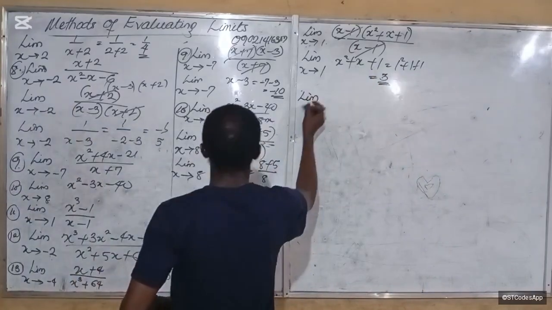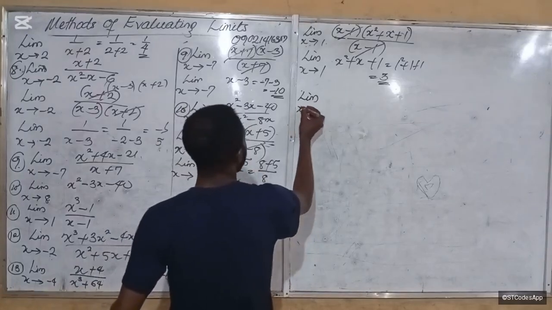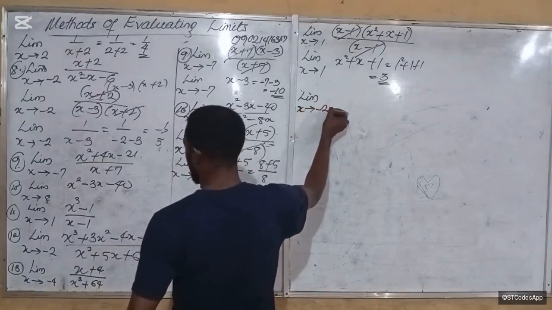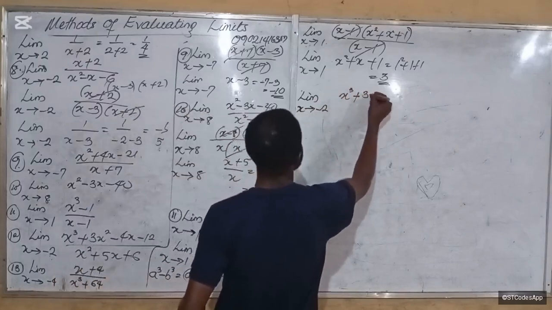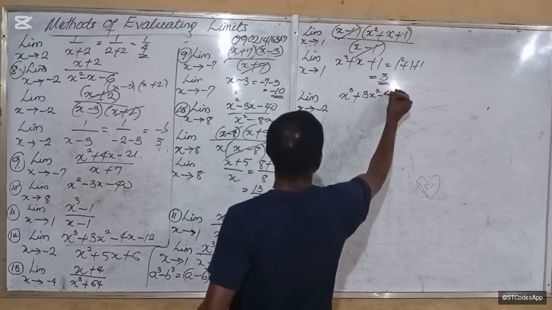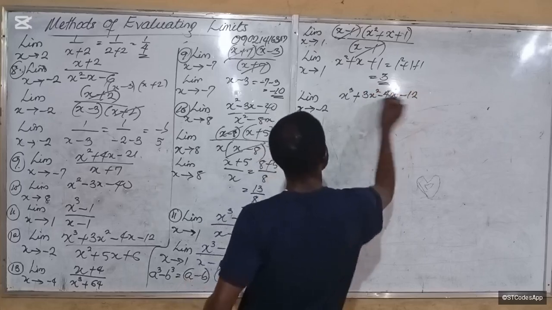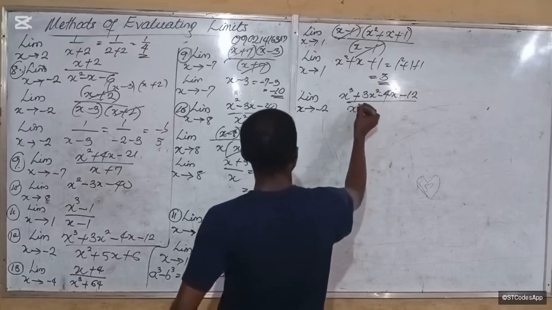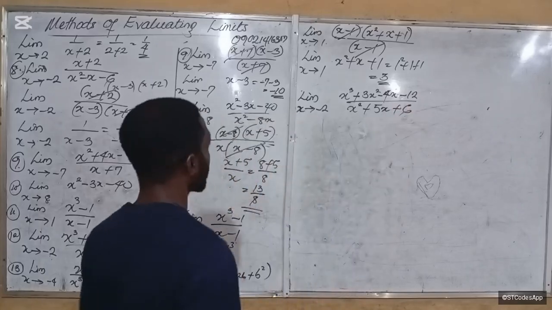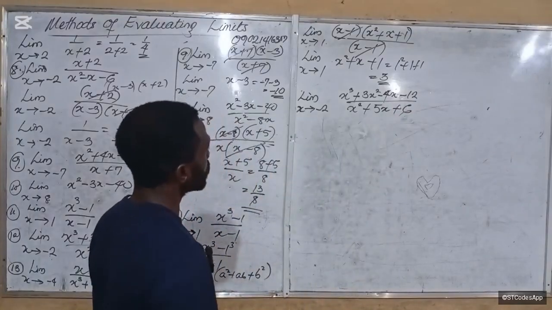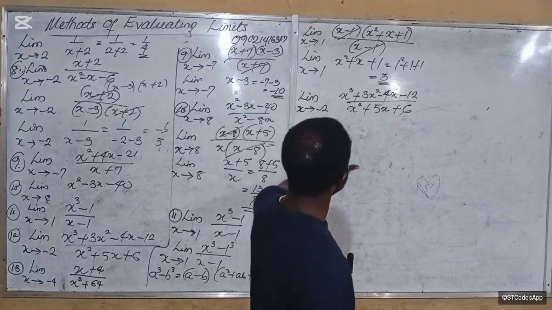Number 12 says the limit as x approaches minus 2 of x cubed plus 3x squared minus 4x minus 12. Now this one, it just looks long. It might not be hard at all. I promise you, it might not be hard. So what you just do is,